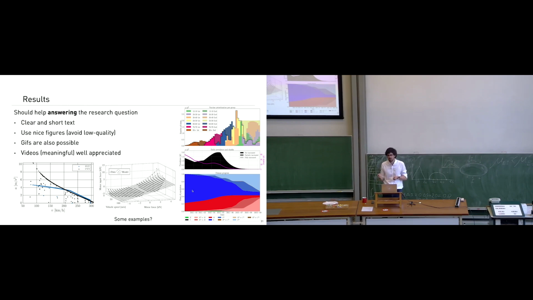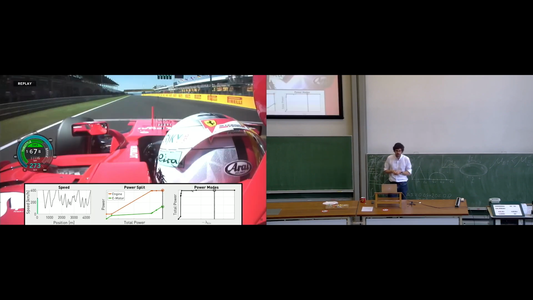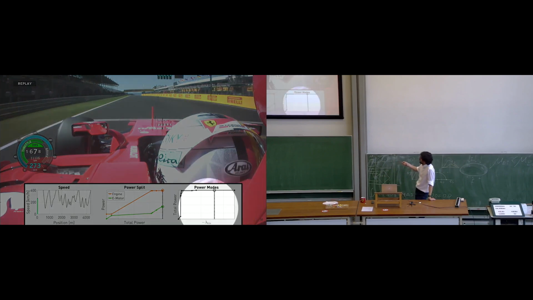You can also show videos, like from my PhD thesis. We proposed a controller for the Formula 1 hybrid electric powertrain. You can guess the team. The powertrain is hybrid, so power split, and when the driver is at full throttle, you can reduce the amount of power you provide. We showed that, in theory, you could use lookup tables and simulated how such a controller would work.